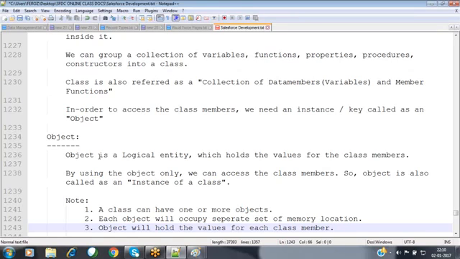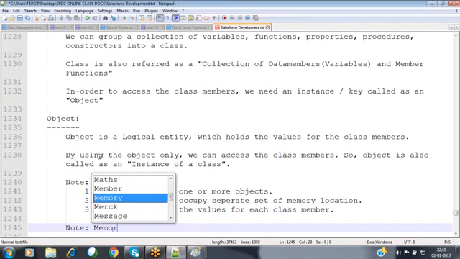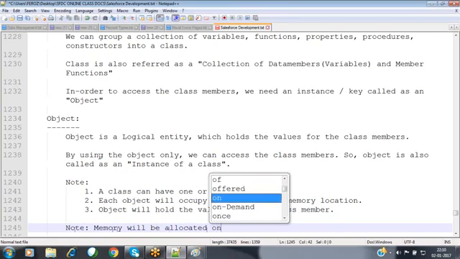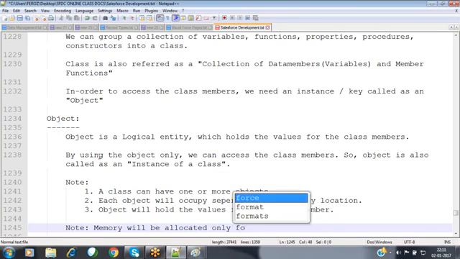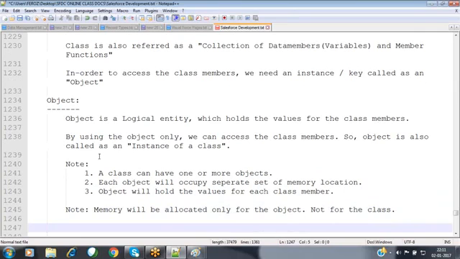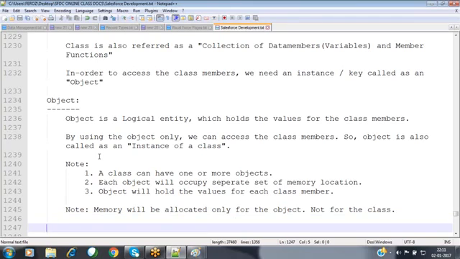The memory will not be allocated for the class. For the class, memory will not be allocated. For the object only, the memory will be allocated. This is the concept of classes and objects.